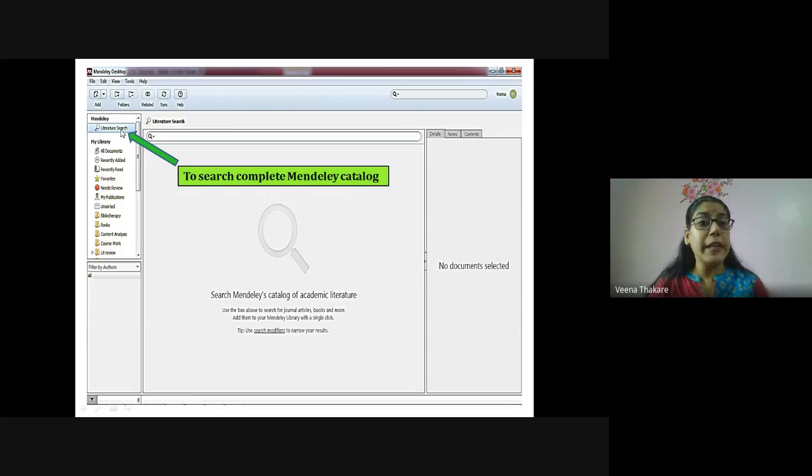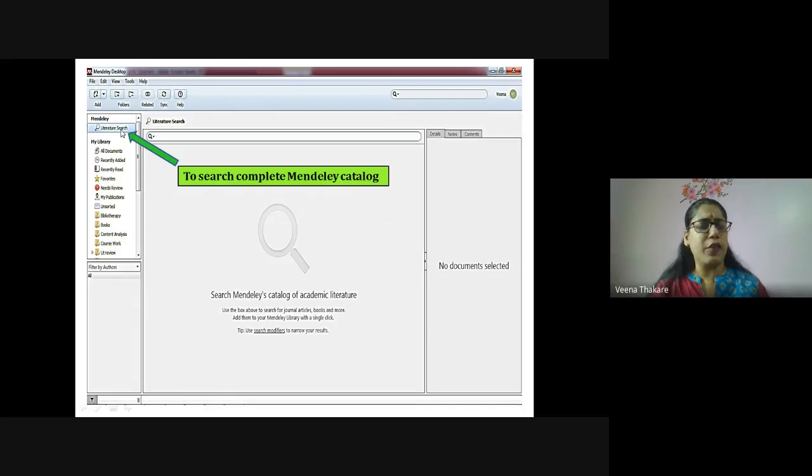that differs from publisher to publisher, because Mendeley is, as they say very nicely, publisher agnostic. That means it does not believe in any publisher. Agnostic is those who do not believe in God. So they are publisher agnostic. They do not believe in a particular publisher.